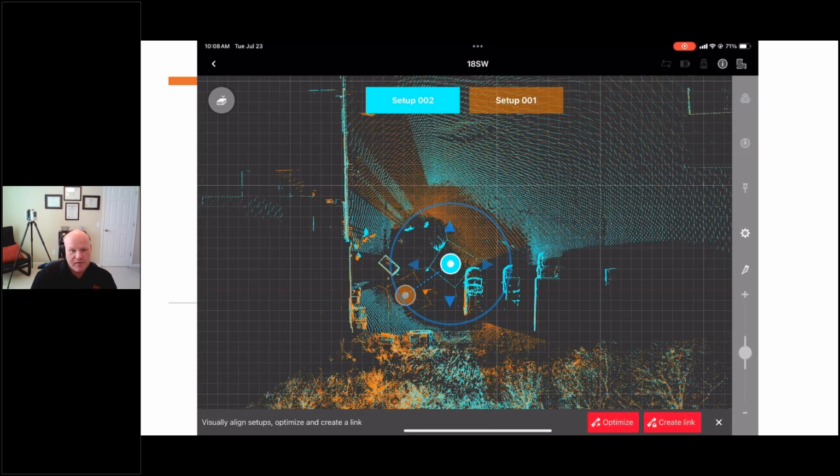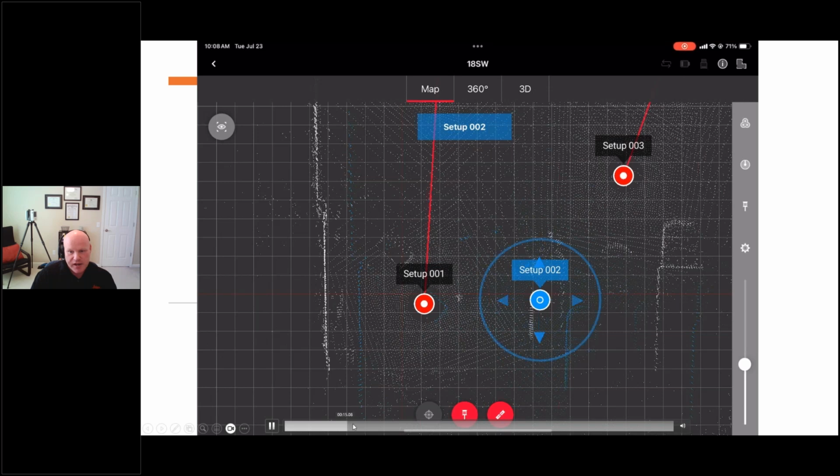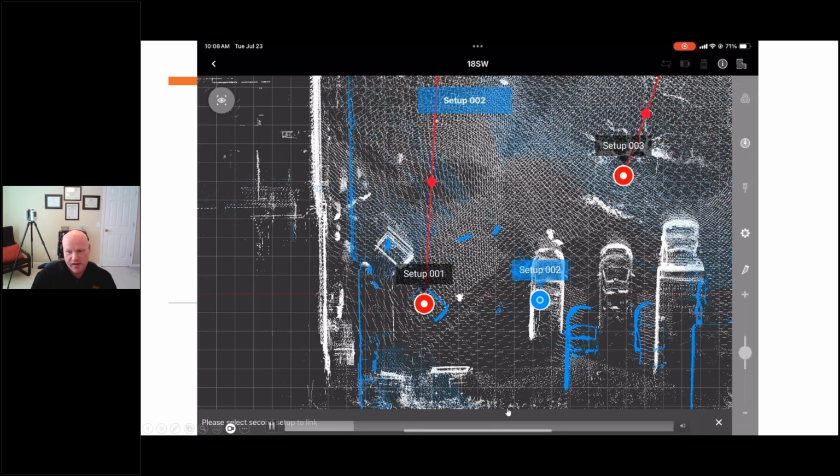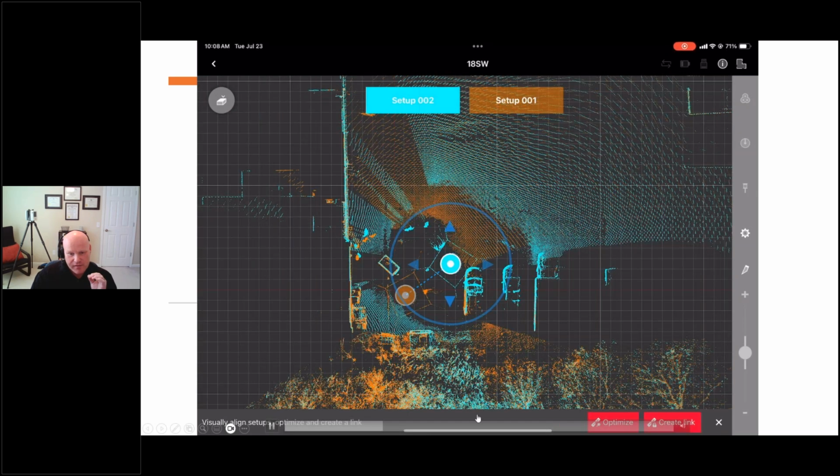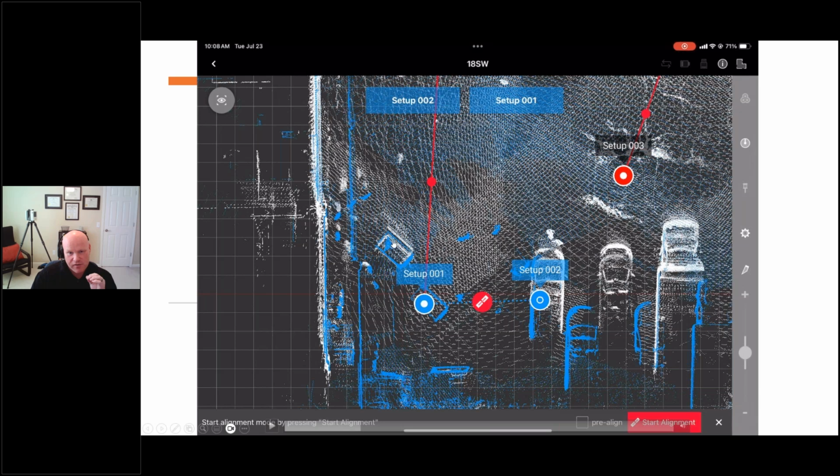And if you see there, before I created the link, I actually checked the box. You hit the link, select the scans. I checked pre-align. Now I hit start alignment. As long as this initial estimate is not too far off, and honestly, it can be rotated, moved wrong, it doesn't matter. As long as there's enough scan overlap and common elements, your distance between the 2 scans isn't too far, pre-align will still find the right